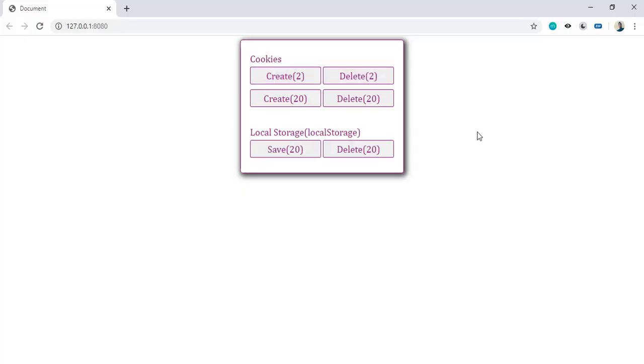You can see, under the cookie section we have four buttons. This is to create two cookies and delete these two cookies, and these buttons are to create 20 cookies and delete these 20 cookies, and this is to create 20 items in a local storage. In local storage, I mean web storage,